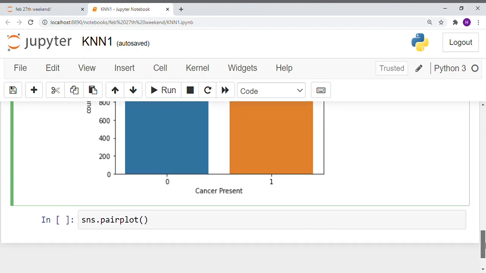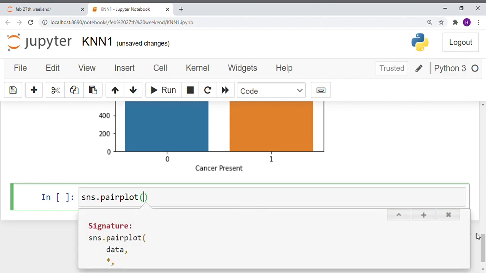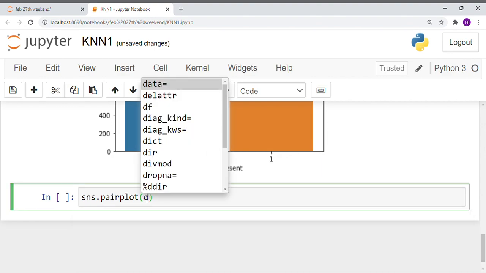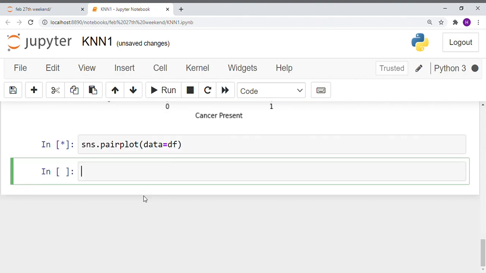If you check the docstring of this, you can see that there is something called data here. I'll say that data is equal to df in this case. When I say sns.pairplot with data equal to df,